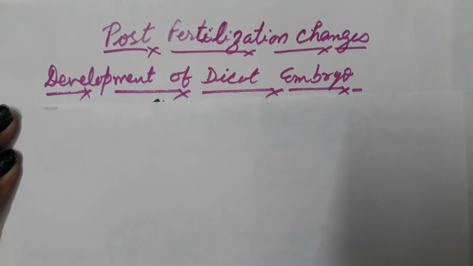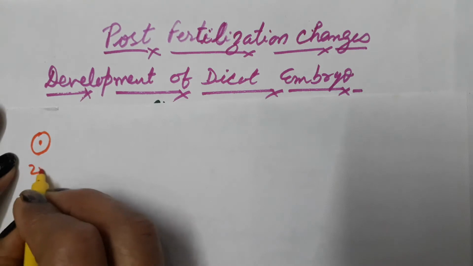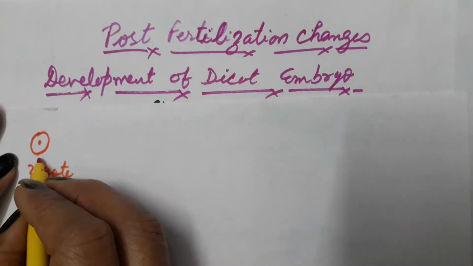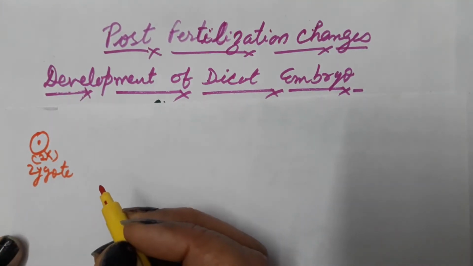Students, in our previous video, we understood the concept of fertilization in flowering plants. The product of fertilization is the zygote. The zygote is produced by fusion of male and female gamete. Now the further growth of the zygote takes place and the dicot embryo is produced. How does the development of the dicot embryo take place from a single cell? This is the zygote. The number of chromosomes in the zygote is diploid as it is a product of fertilization.